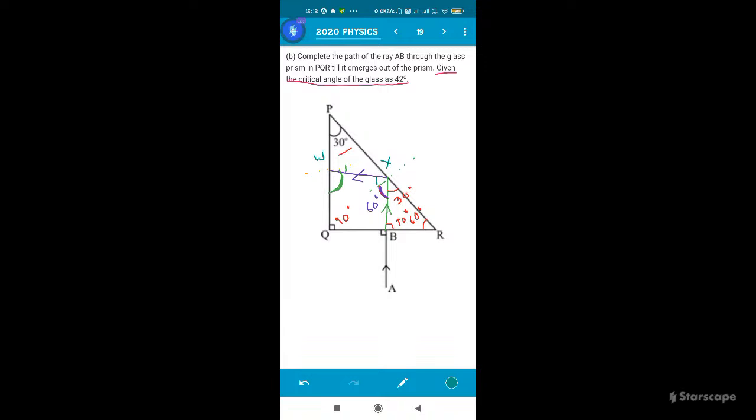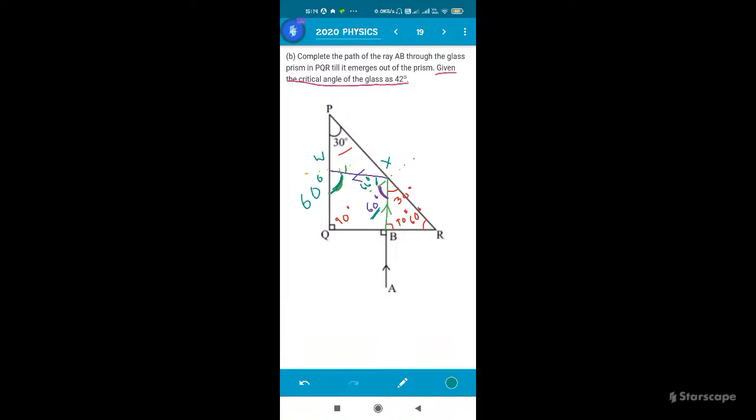This angle is also 60 degree because we know angle of reflection and angle of incidence is same. So if angle of incidence is 60 degree, angle of reflection will also be 60 degree. That means this total angle is 120 degree, right? So we see in this quadrilateral WXBQ, one of the angle is 90 degree, one of the angle is again 90 degree, and one of the angle is 120 degree. So if you use the angle sum property of quadrilateral, you know that the sum total of all the angles of a quadrilateral is 360 degree. You will get that the value of angle QWX, that means this particular angle, it will come up to 60